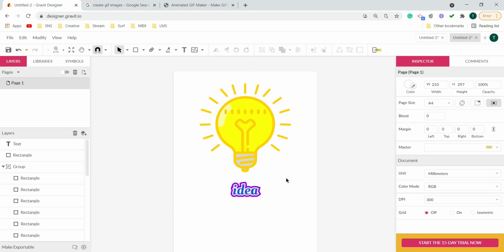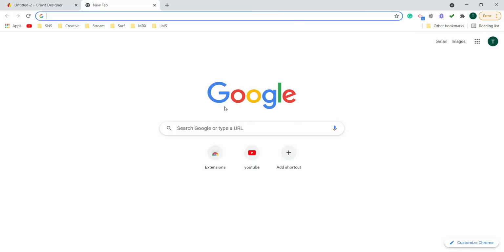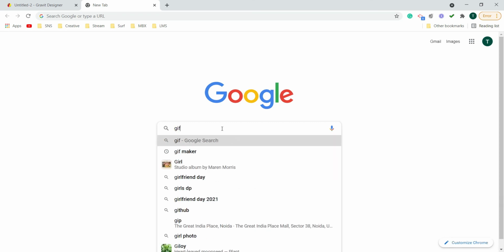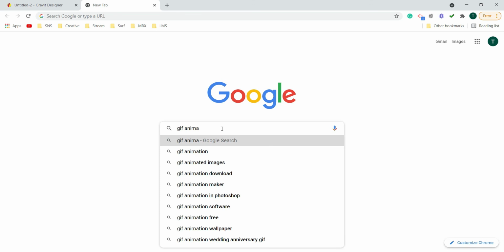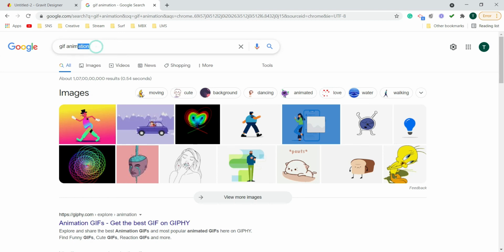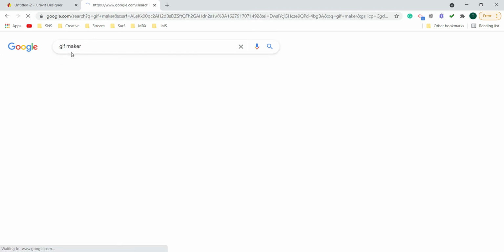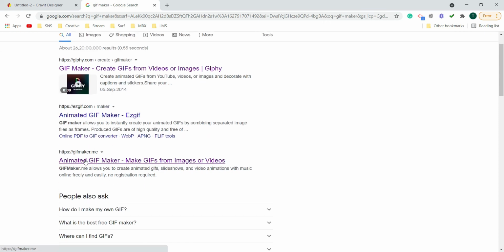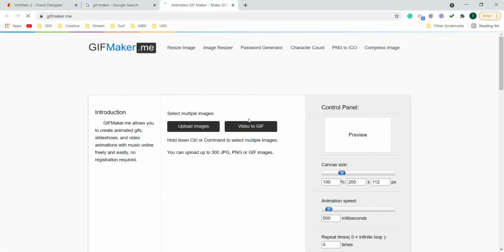Now let's see how we can create the animation. For that purpose, we need to come out of Gravit and come to the browser, to the Google page. And there I will search for GIF Maker. I would prefer you look up this website, gifmaker.me. So I'll open this up, and on this page, the first thing we need to do is